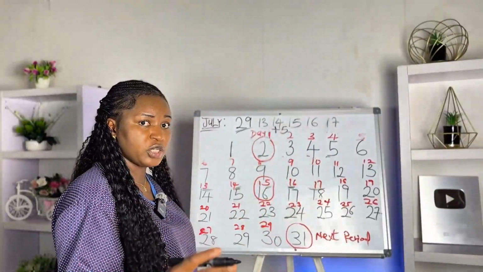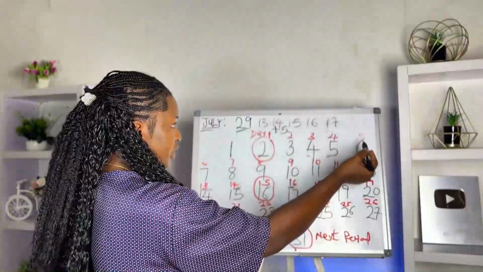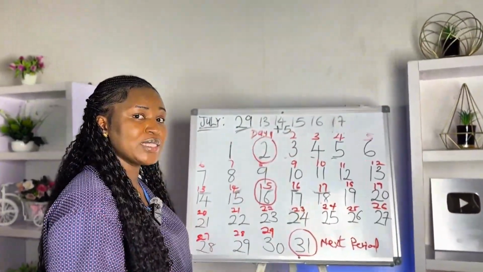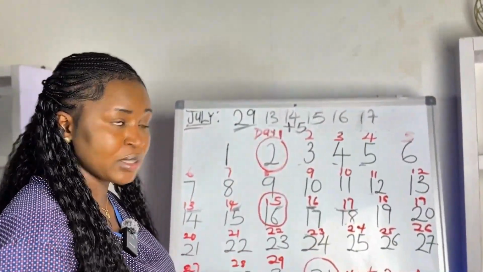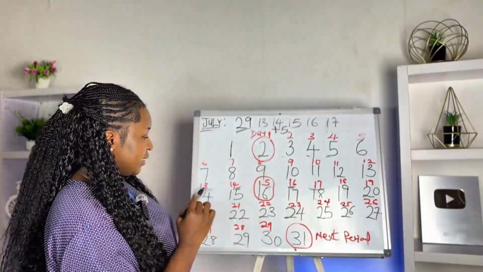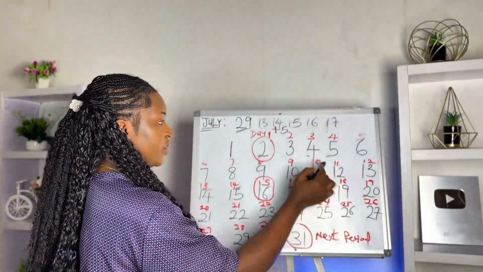Now, because ovulation day is not always precise and we can't say for sure when this woman is going to ovulate, for instance, ovulation happens on day 13. If she has sexual intercourse 5 days before day 13, that means she can still get pregnant. So what you do is count 5 days backwards from 13. So this is day 13. This is 1, 2, 3, 4,